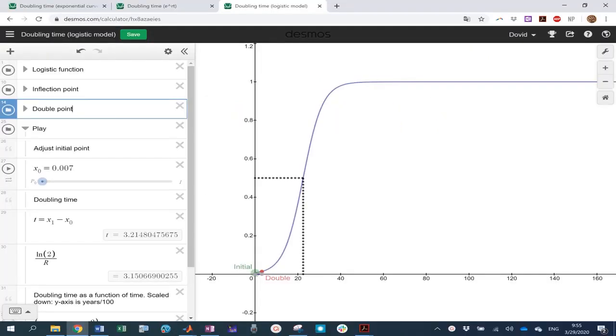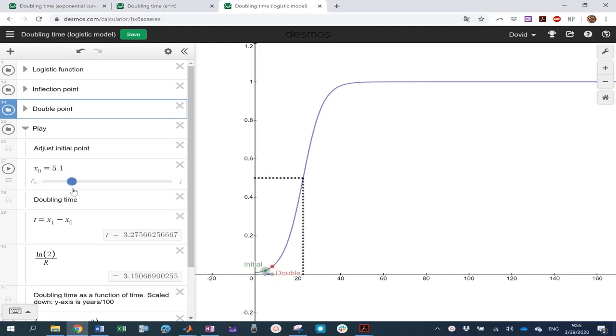We return now to the logistic curve that we graphed just a moment ago, and this time I've included an initial and double point on the curve, and also on the x-axis there's a projection, and that's going to represent the doubling time, and it's going to be the difference between the x-coordinates of the initial point and the double point. And I want to bring your attention to that because as I move along the curve,